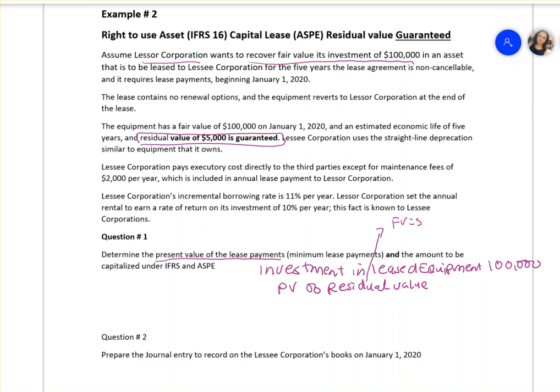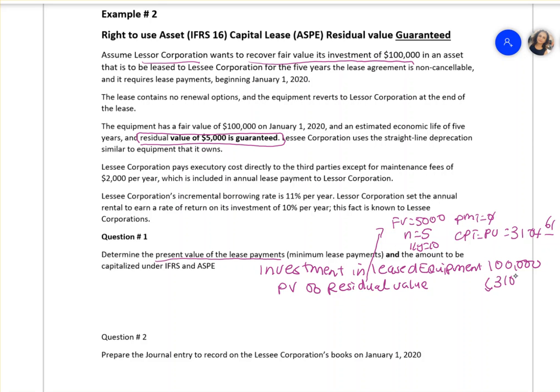Your future value is going to be your 5,000. Your N is going to be 5. Your I/Y is going to be 10. Your payment in this case is 0. You're going to compute your present value. That should come to 3,104.61. So if it's going to be guaranteed, that means the lessee is going to give it